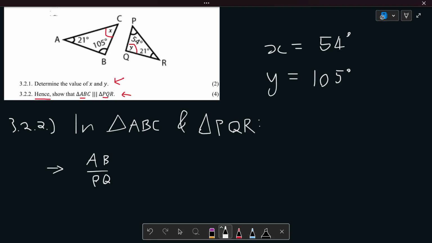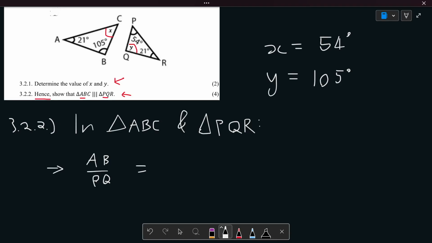Remember that? But we are trying to show that they are similar. Remember, we're actually using the information that we have to prove that they are similar. And therefore, we can actually use this method. It's always allowed to be used, and we will get the correct answers. So AB over PQ is equal to, AB is